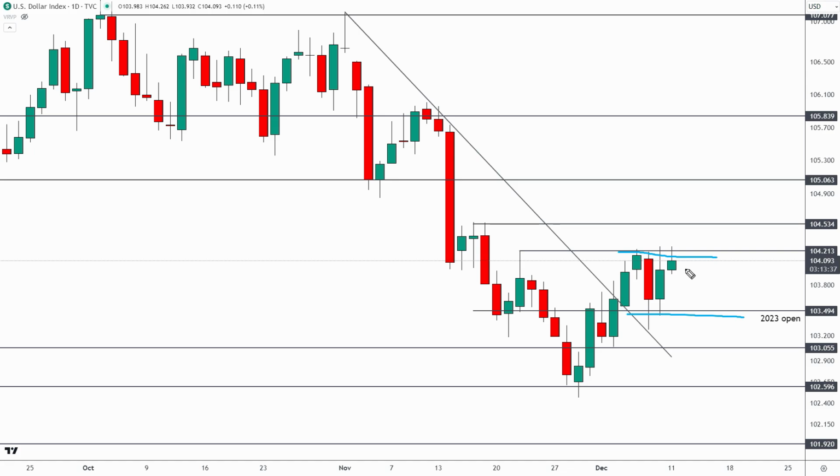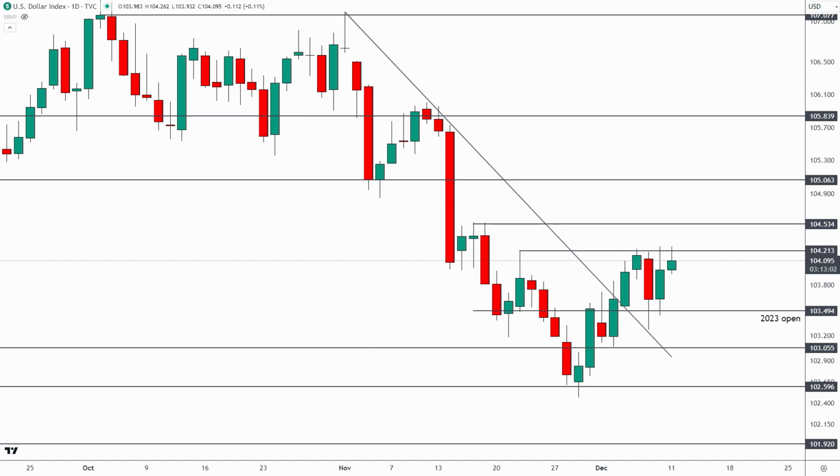So if we don't get a liquidity sweep before FOMC, what I would be looking for is either the DXY to come up here, sweep this liquidity, and then come back into the range, right? Or we get something down here into 103.50 first, following FOMC, sweep the lows down here, and then rally from there. All right, because again, typically when a range develops like this going into FOMC, you see one of these two sides swept before the market decides which way it's going to go.